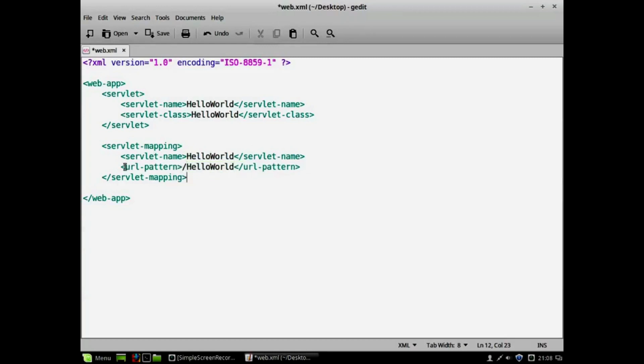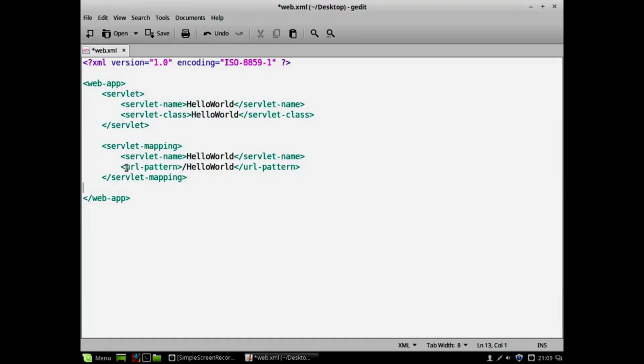Right. You see, this line is very important: URL pattern /HelloWorld. So after hosting the Java file in Apache Tomcat, the end user uses this pattern to execute our Java class file called HelloWorld. So this is the pattern that we will be using. The slash is very important. Before the slash, there will be some path. That path is nothing but the place where your Apache Tomcat runs. In our case, Apache Tomcat is running on our own machine.